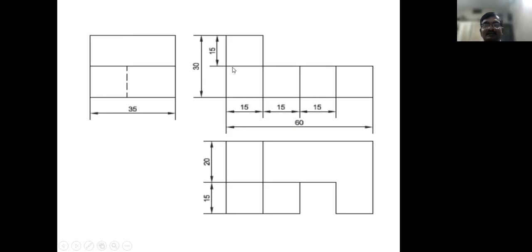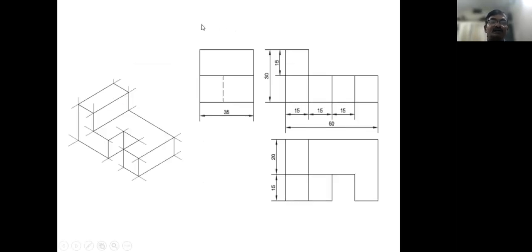In the engineering field or in industries, every piece of information about an object must be transferred to multi-view drawings. But we have no sound knowledge about this, and it is difficult for us to read the drawings. So we must know about orthographic or multi-view drawings. Here the same picture shows this object as an isometric drawing.